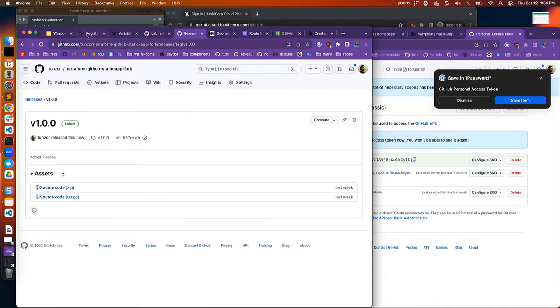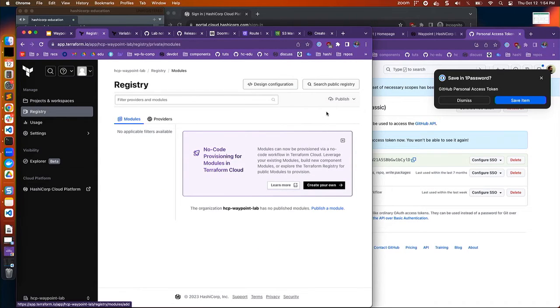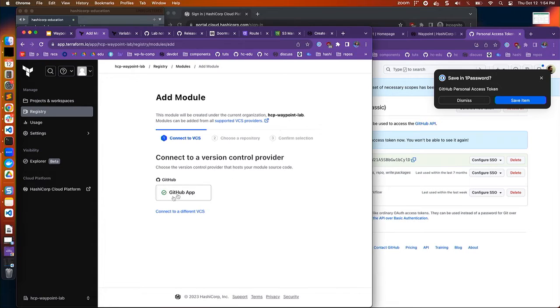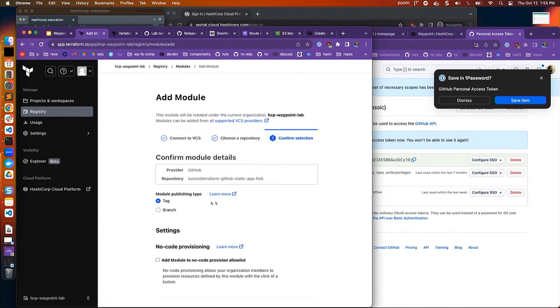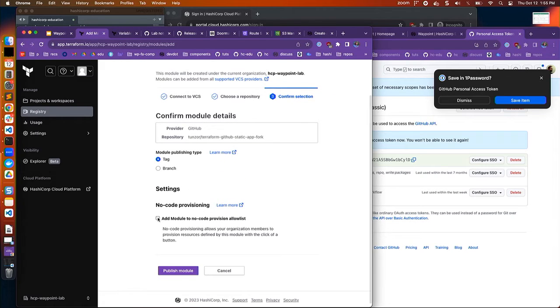If we go back to our registry page, if we publish the module, you can see here my GitHub app button is already enabled because I've already set it up. If you've never done this before, there's a wizard that takes you through the process. You give it permission, you give TFC permission to use your GitHub account, and then when you click through here, it will query all of the repositories and organizations you have access to. So in this case, I forked it to my own personal space, and we can see it here. So I will click on that, I will click Tag,